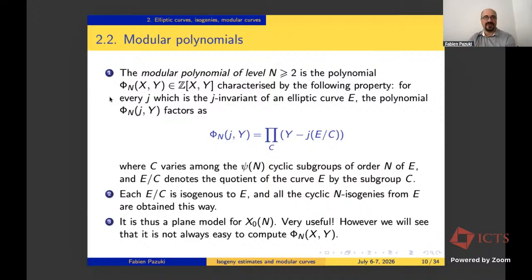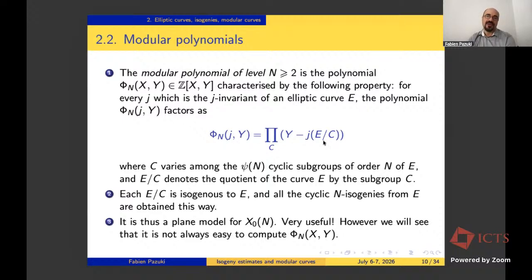Well, it's actually characterized by this property. So it's a polynomial with integer coefficients. And for any j, so I'm picking j an element of my base field, so it's a number, I specialize my first variable with j. And then I have a polynomial in one variable now, because I just specialize big X to be this number. And now I have a polynomial in one variable, and I want it to